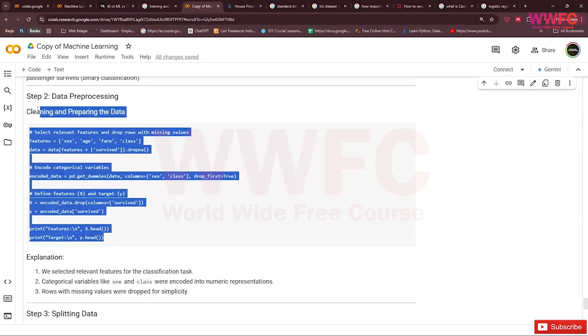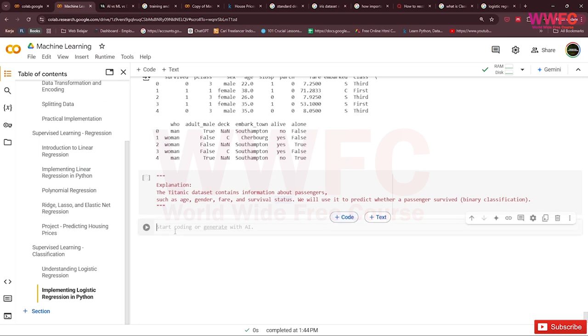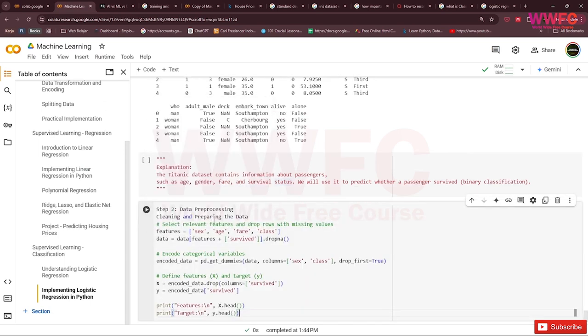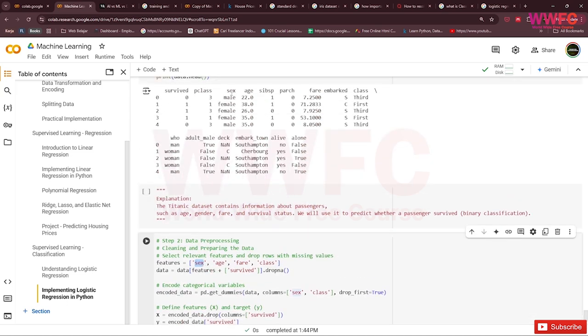We use data preprocessing first, in step 2, data preprocessing, which is cleaning and preparing the data. Select relevant features and drop rows with missing values. So we have sex, age, fare, and class.